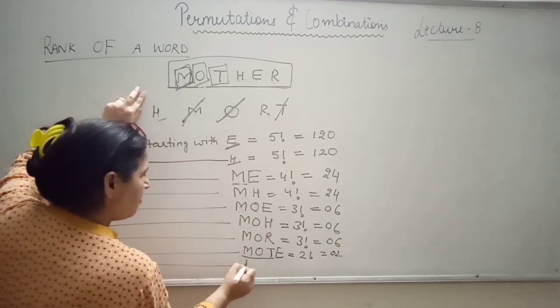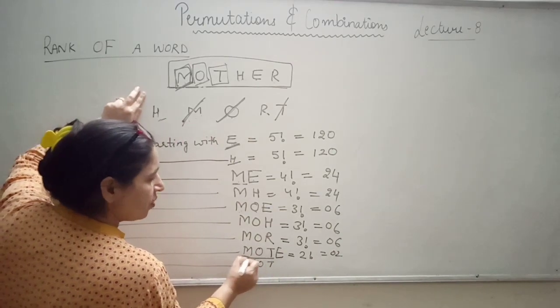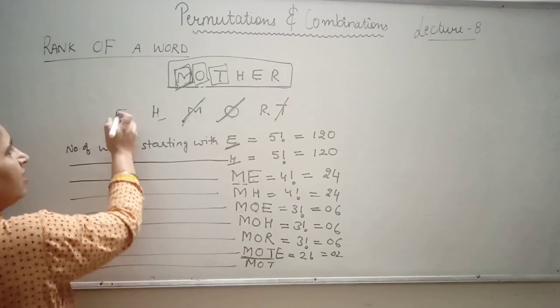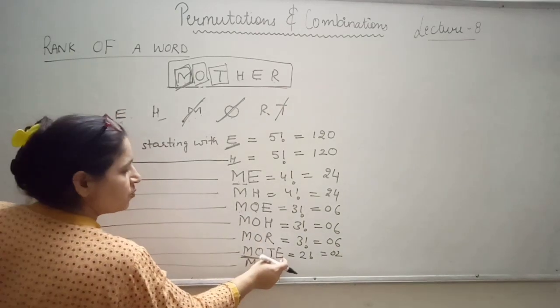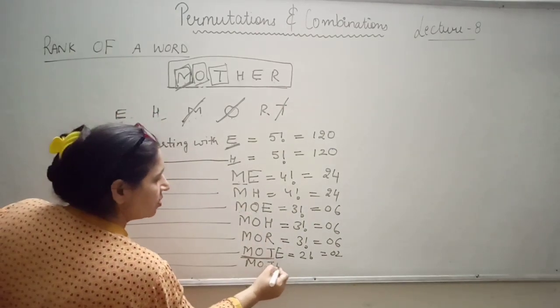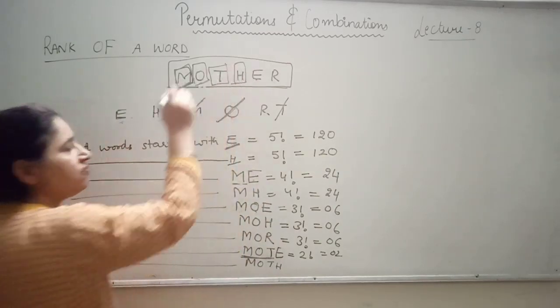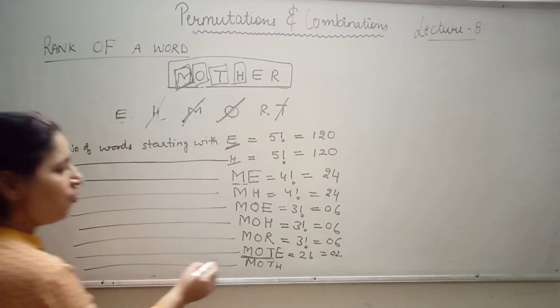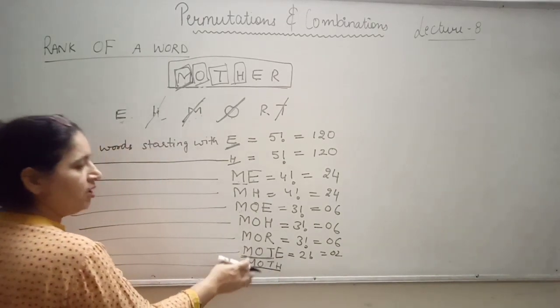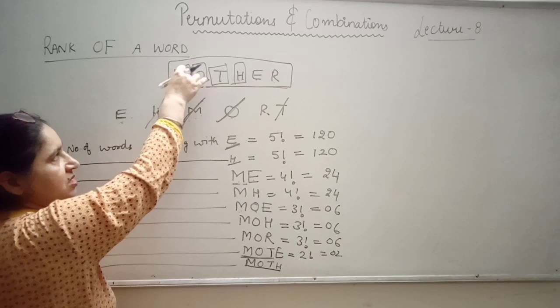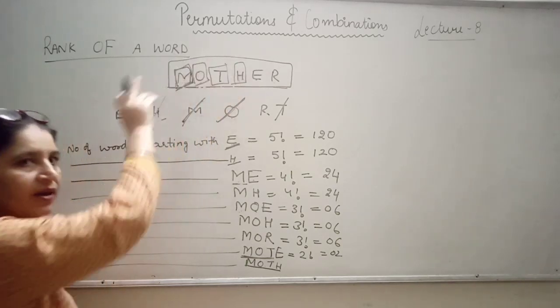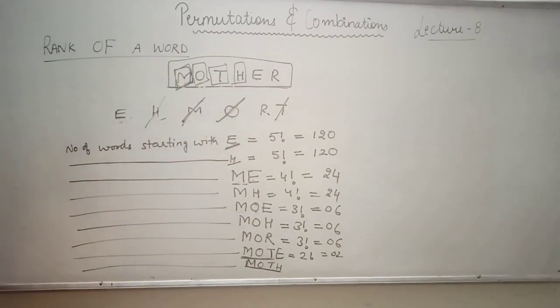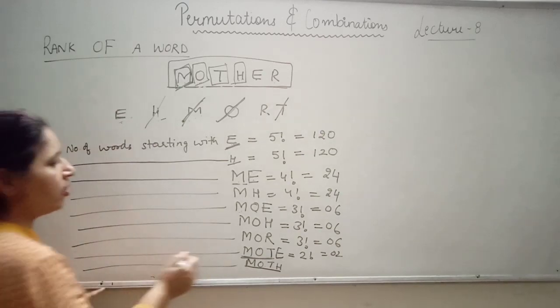Then M O T fixed. Okay, these 3 have been fixed. And E I had taken at this position. Now next is H O. That is again at the same position which is required in our word. So I will cut this. Now 4 letters have been fixed because these are at the same position as in the given word. So now again I will restart. I am going to restart again in alphabetical order, and the first alphabet is now E.